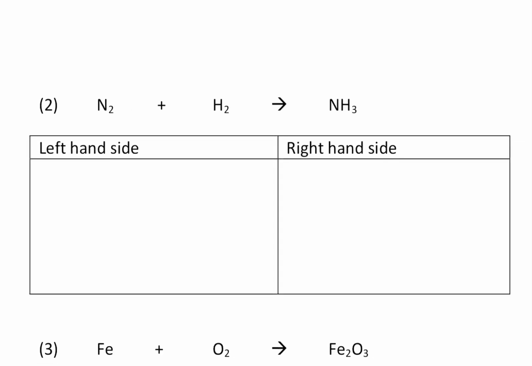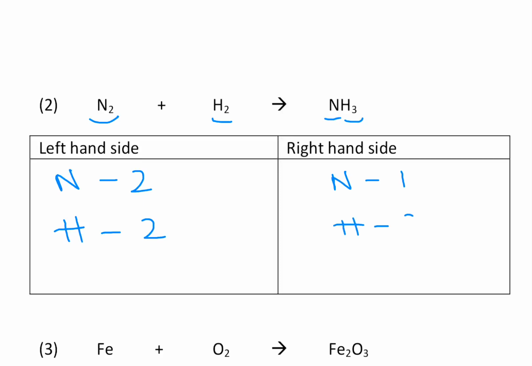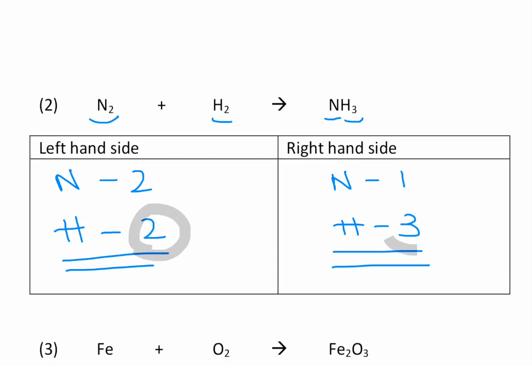Let's see how we would balance the equation if we now start with counting hydrogen. So again, there is 2 nitrogen, hydrogen there is 2, and here there is 1 nitrogen, and there is 3 hydrogen. So let's see if we start balancing the hydrogen. So here there is 3 and here there is 2. Actually, I started with nitrogen because it's easier. But if you start with hydrogen, 2 and 3,